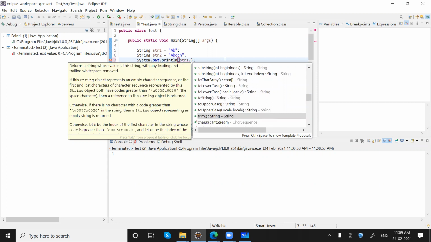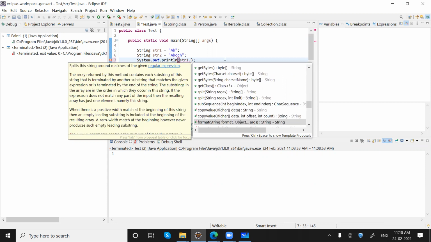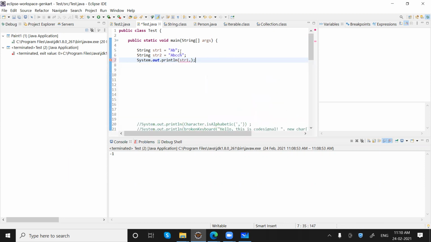So the trim method is basically removing spaces from the head and the tail of the string. Split we have seen. Let's quickly see replace.